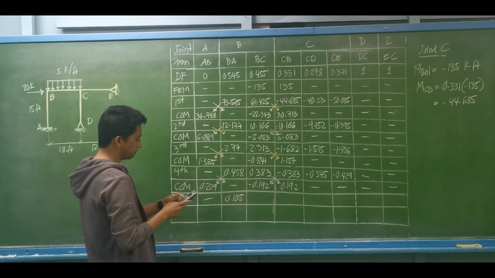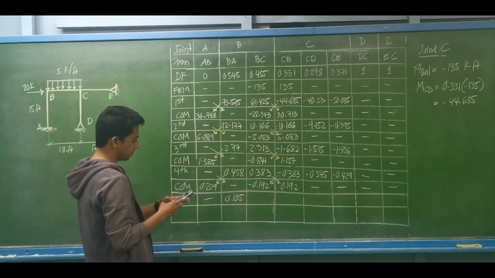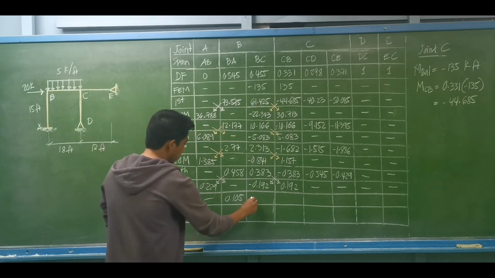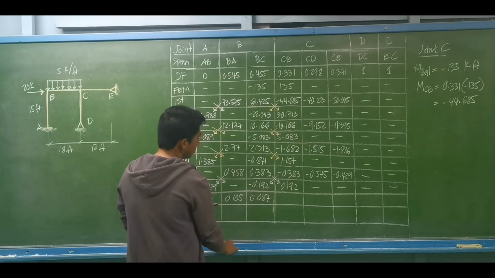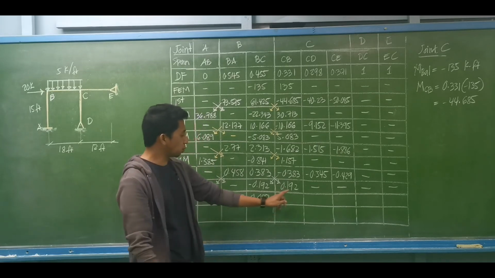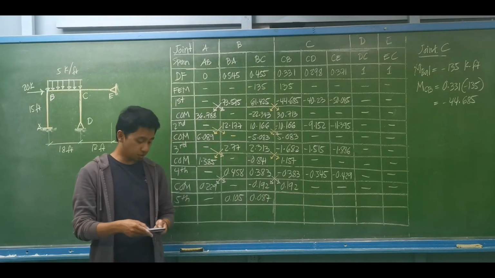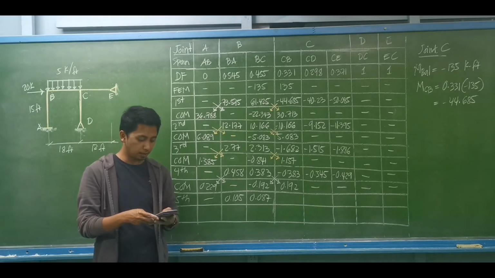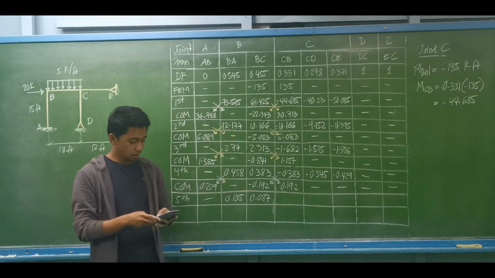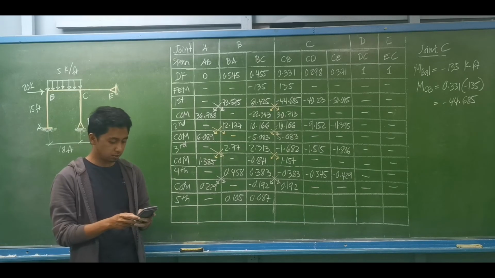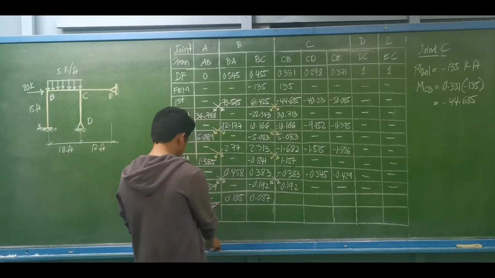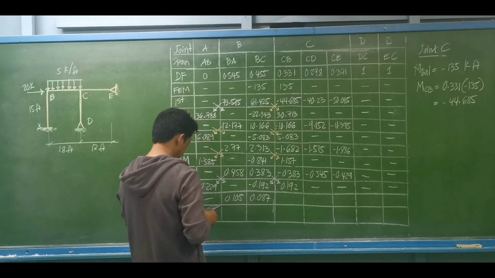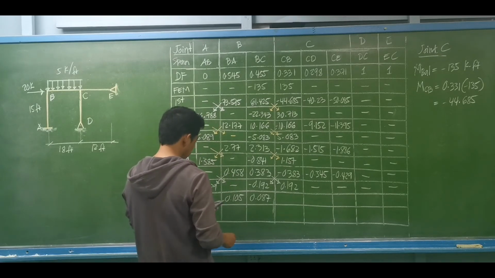Then multiplied by 0.455 is equal to positive 0.087. Okay, positive 0.192, how to balance? Use the negative sign, negative 0.192 times 0.331